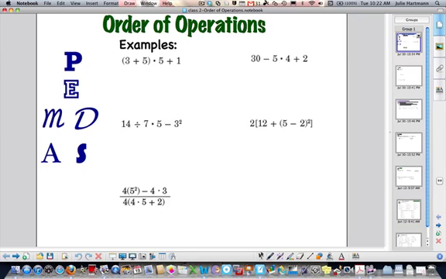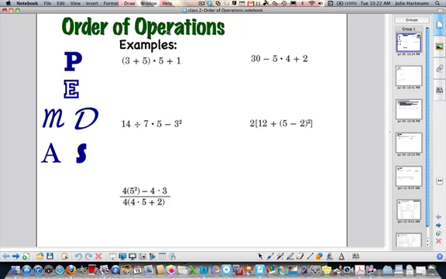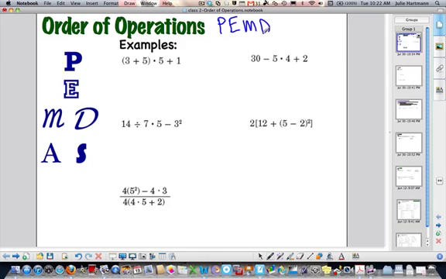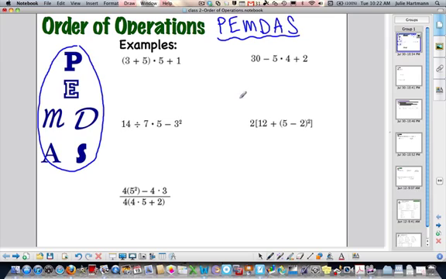All right, order of operations. Many of you have probably heard this before as PEMDAS. All right, question for you though. Why would I write it like this instead of writing it out PEMDAS like that? Something to think about, okay? What I want you to remember is here,